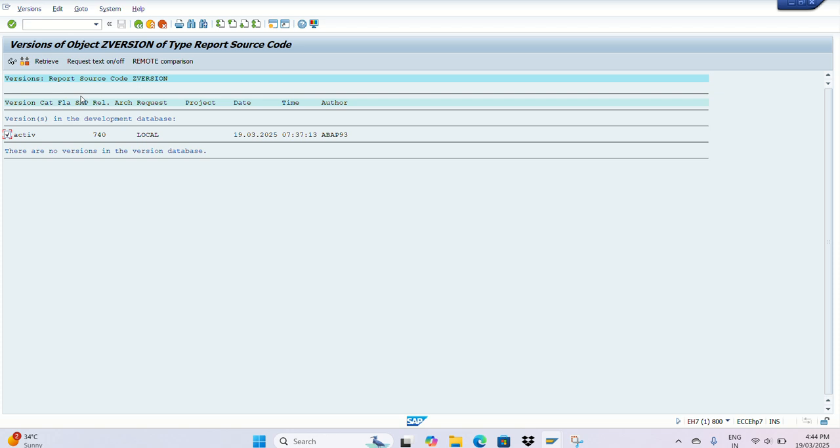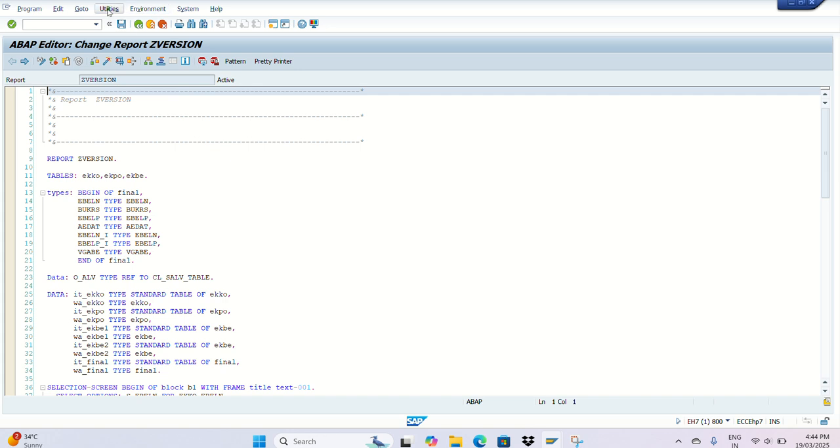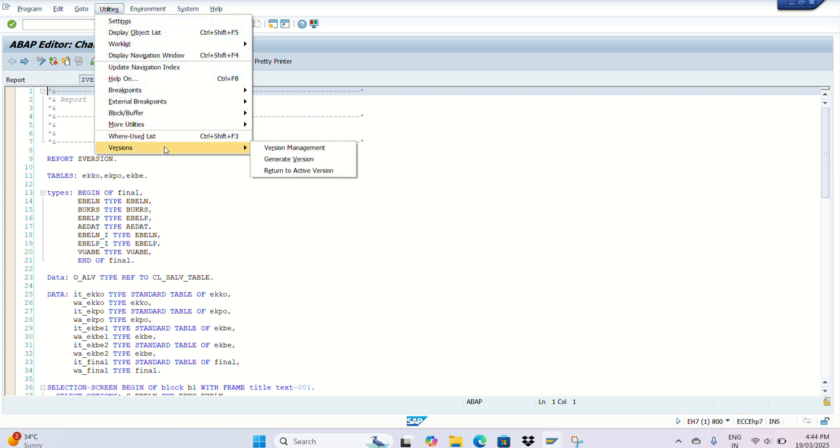So in SAP ABAP, version management allows you to track changes to repository objects, compare different versions and restore older versions if you need to. Access it through the path Utilities, Versions, Version Management. Okay, so here you have to see